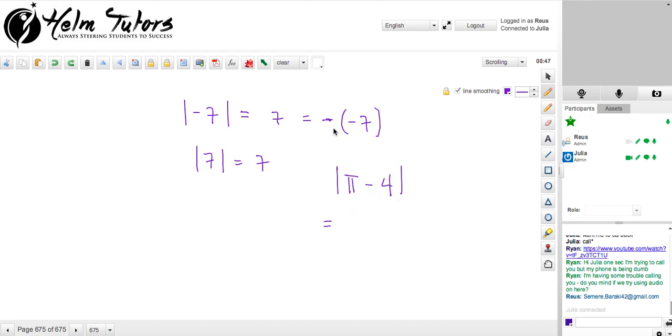So then, just like we did with the 7, you take what's inside, which is pi minus 4 this time, and since it's more than one item, you take the negative of it, which is you throw a negative in front of it. That gives negative pi plus 4, which you can write as 4 minus pi. But basically, you look at what's inside and decide if it's negative or positive. If it's negative, then you throw a negative in front of it. Does that make sense? Yeah. Okay, cool. All right, so this one was somewhat